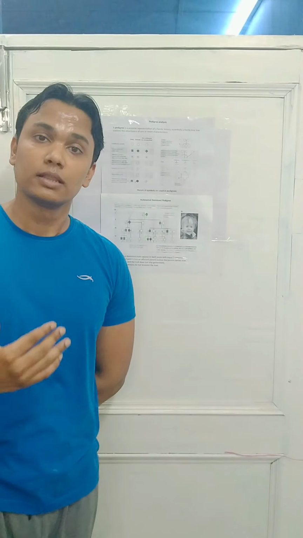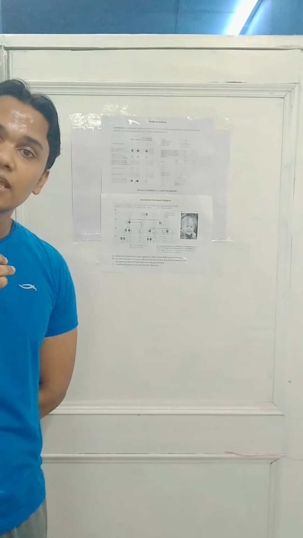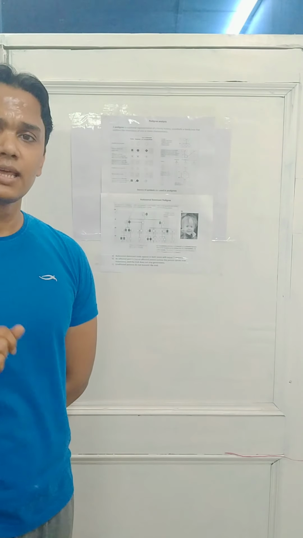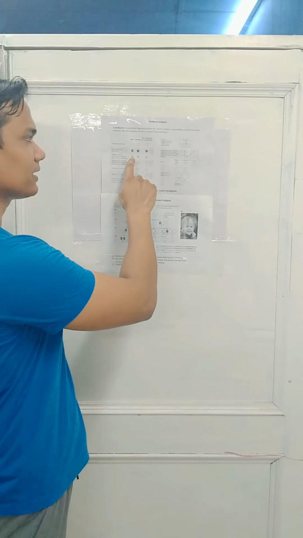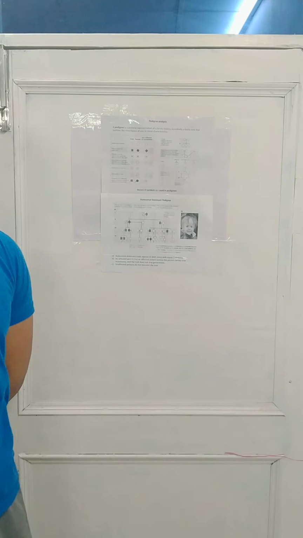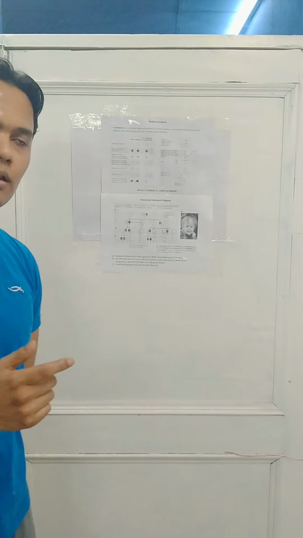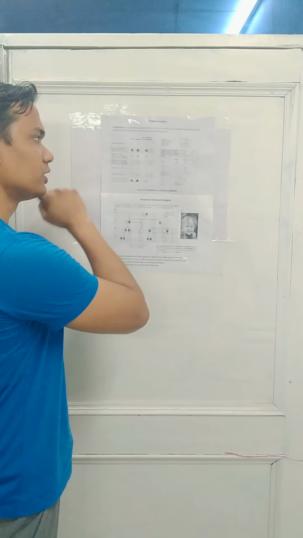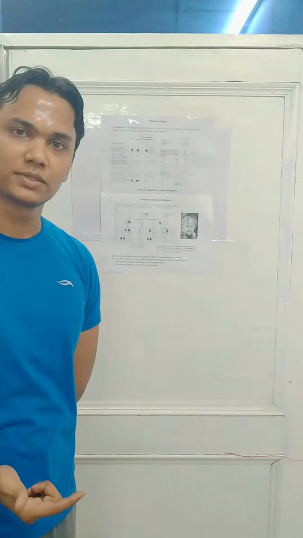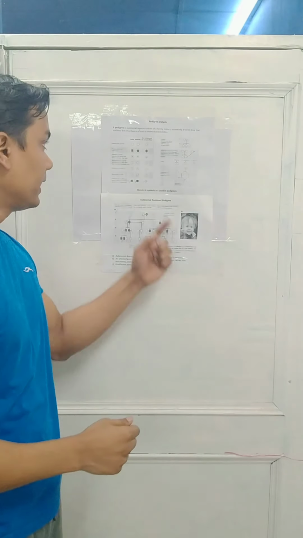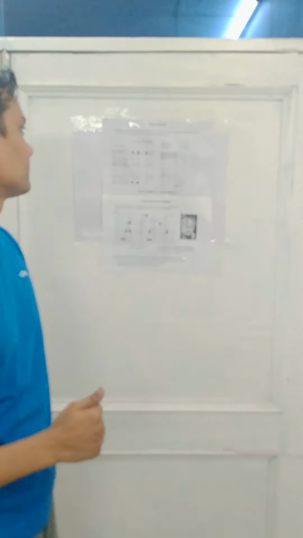That means they carry the mutation and they can transfer that particular mutation to the next generation. In a pedigree analysis, if you have a carrier, then we place a red-colored dot in the center of the symbol. So for a male, a square box with a dot in the center represents a male carrier, and in case of a female, a circle with a red dot represents a female carrier.